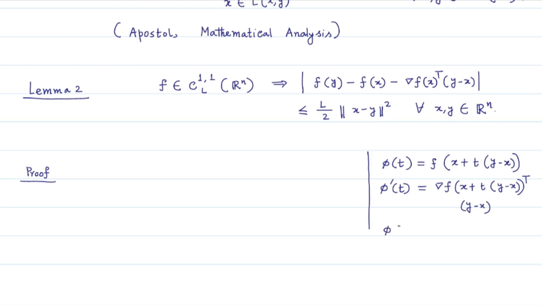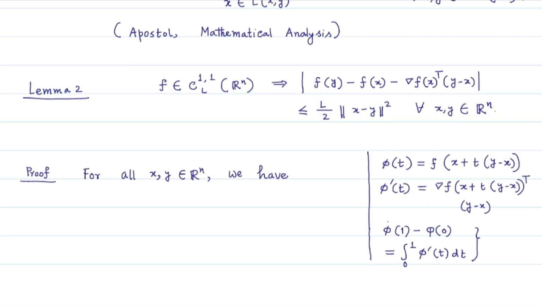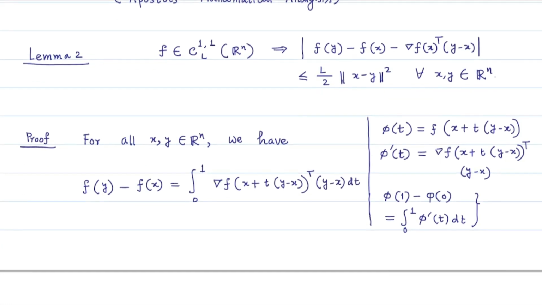Therefore phi(1) minus phi(0) is equal to the integration of phi dash t dt, which in turn gives us: phi(1) is equal to f of x plus 1 times (y minus x), so f(y), and this phi(0) is f(x), and under this integration we will have this phi dash t, that is the gradient of f at x plus t times (y minus x) transpose (y minus x) dt, which then can be written as